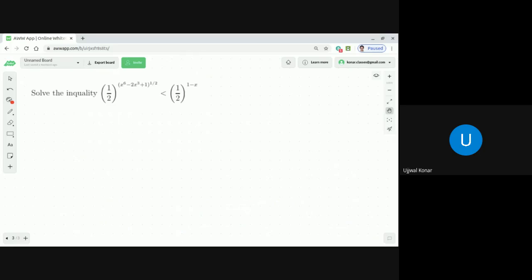So what comes to your mind, dear students, while looking at this question? So question number 2. If the bases are common, then we can just equate the powers, exponents. So I appreciate the answer. So what you see, the power 1 by 2 power, whatever you see in the power in the left hand side, this content and this content, what is the relationship between these two? They should be greater than or less than each other.